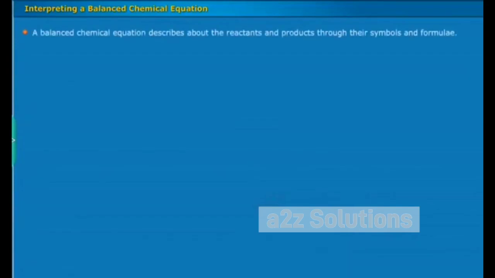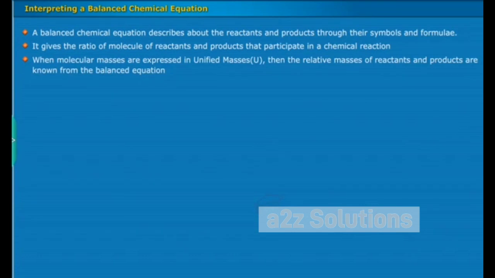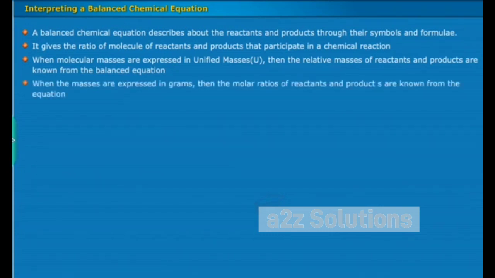Interpreting a balanced chemical equation. A balanced chemical equation describes the reactants and products through their symbols and formulae. It gives the ratio of molecules of reactants and products that participate in a chemical reaction. When molecular masses are expressed in unified masses U, then the relative masses of reactants and products are known from the balanced equation. When the masses are expressed in grams, then the molar ratios of reactants and products are known